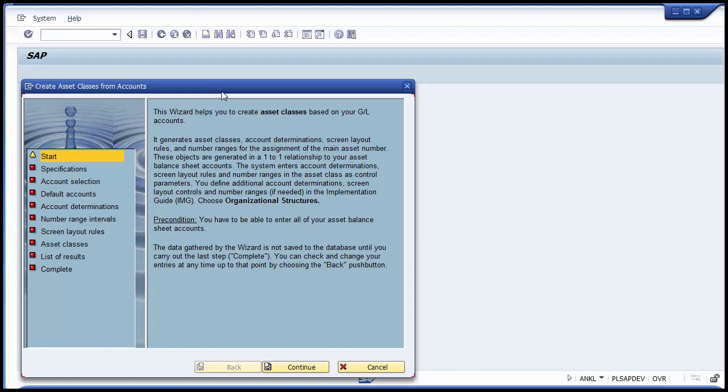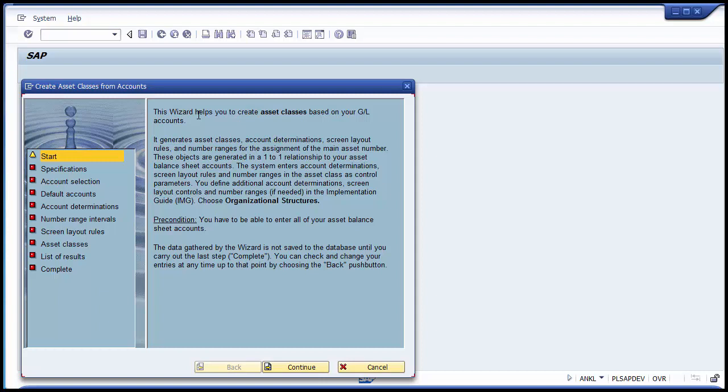You can see a number of options here. This screen is to create asset classes from accounts. You can read the notes in this wizard, which will help give you some view as we discussed already. What it does is automatically create the asset classes with respect to the GL accounts,